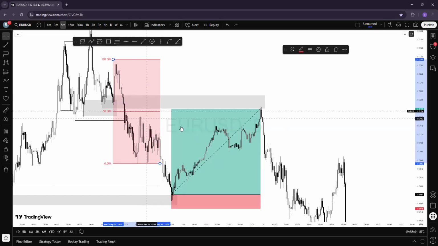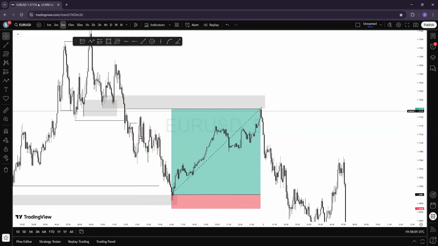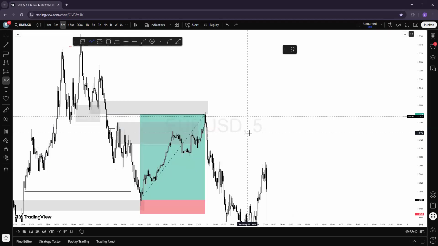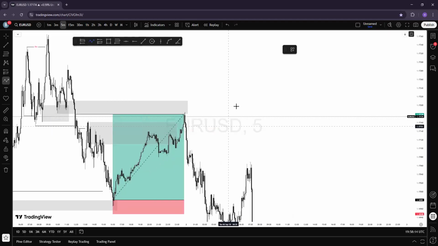And then a lot of people are trying to sell from here. That is why we get this kind of reaction here. But then, let me quickly explain something. There is something we call base. Whenever we have higher high, higher low, higher high, higher low, the market now comes here, it pulls back, reacts here as if it wanted to sell, and then breaks structure. We should be looking for a buy somewhere around here.